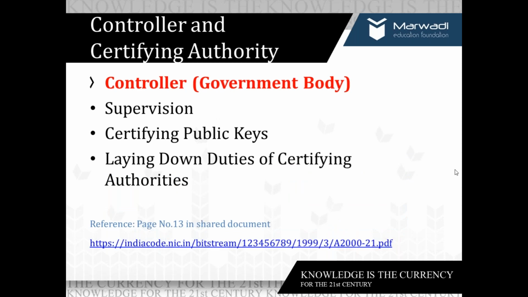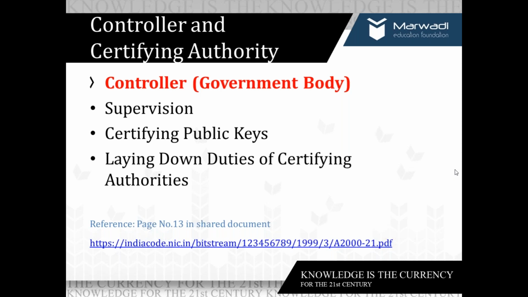Now, a very important thing, that is the controller. To understand the controller and certifying authority, you may ask one question: sir, who are controllers and who will define digital signatures? How can we use this digital signature?